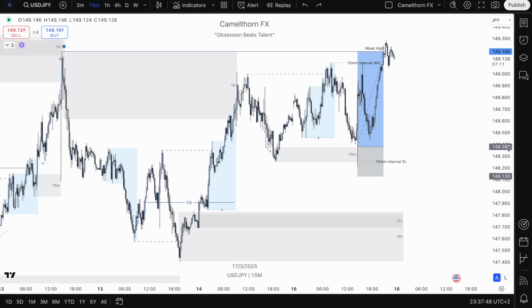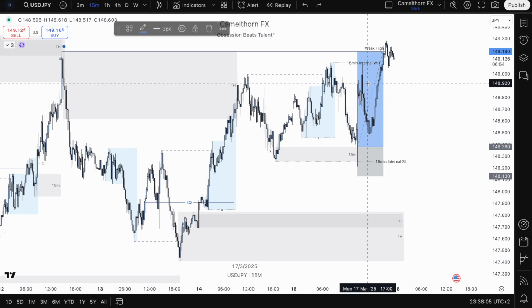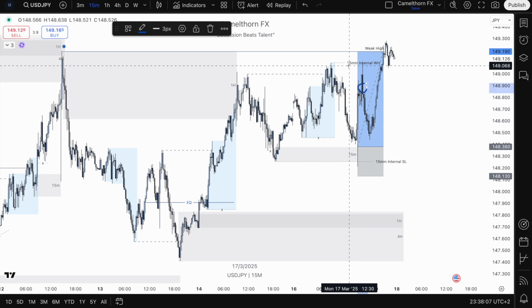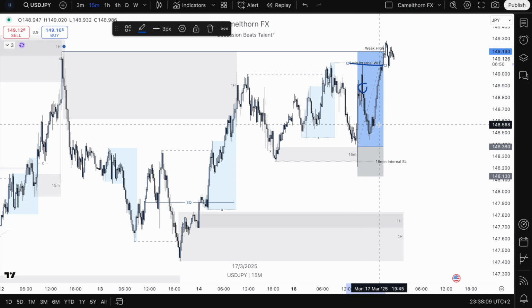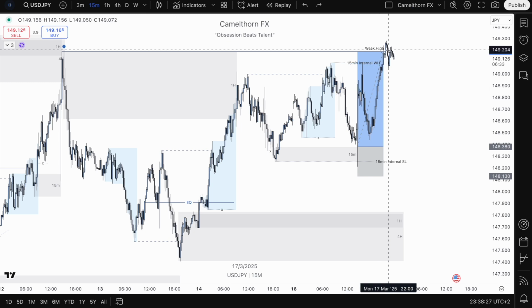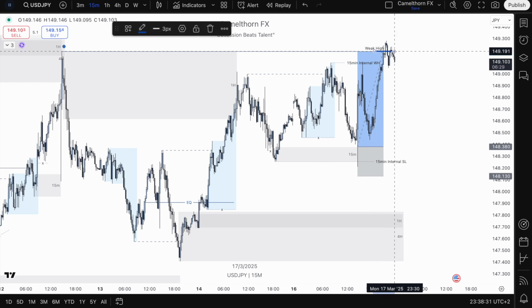A very simple, straightforward, and textbook buy trade that I managed to get involved in here on USD/JPY. I got triggered into the trade on Monday, the 17th of March 2025 in this area. I managed to take partials off of my initial position in here after price action reacted to the 15-minute internal week high. And then the remainder of my position reached full TP here on the same day, Monday, the 17th